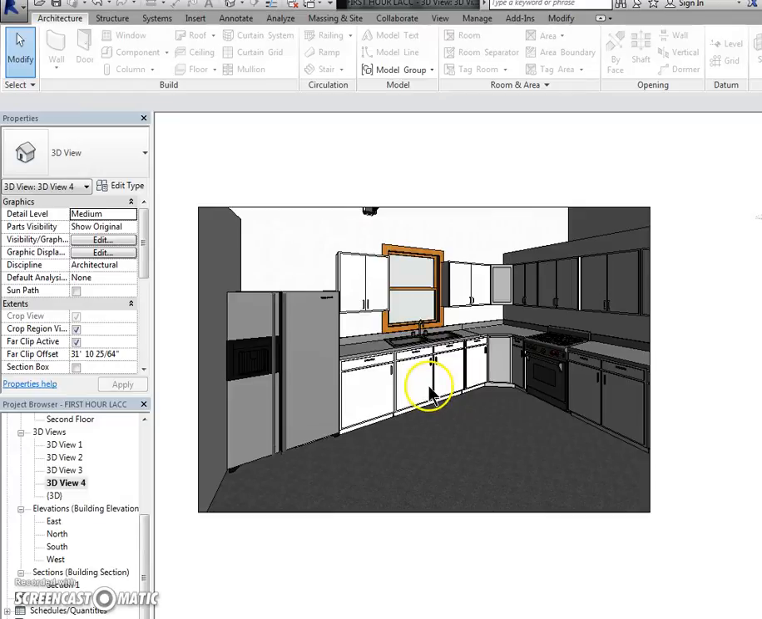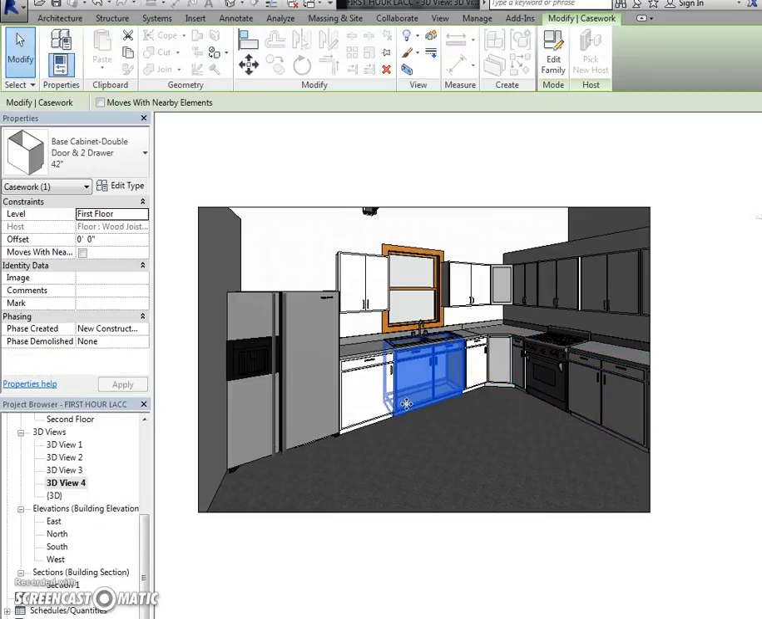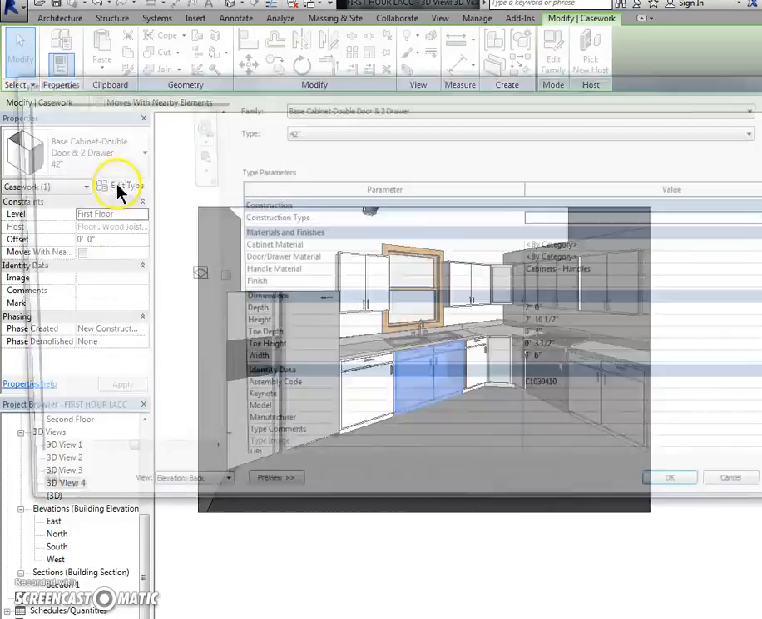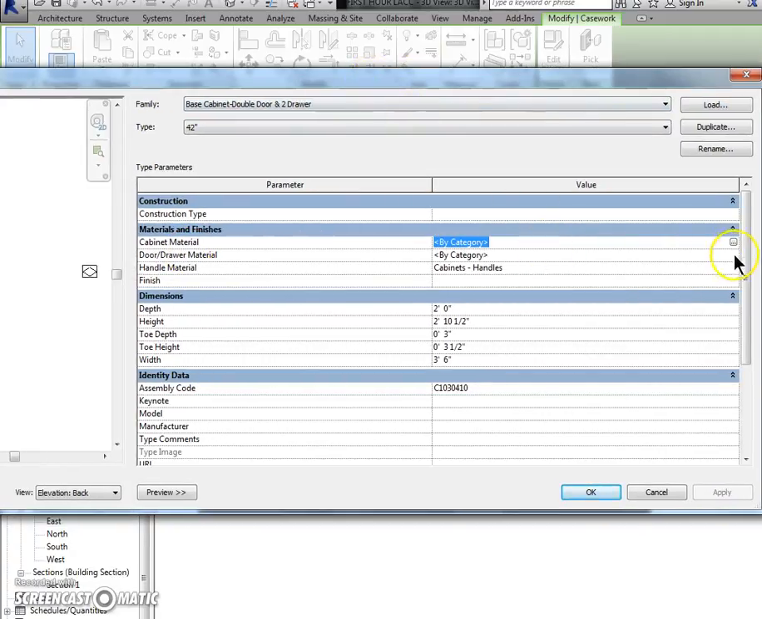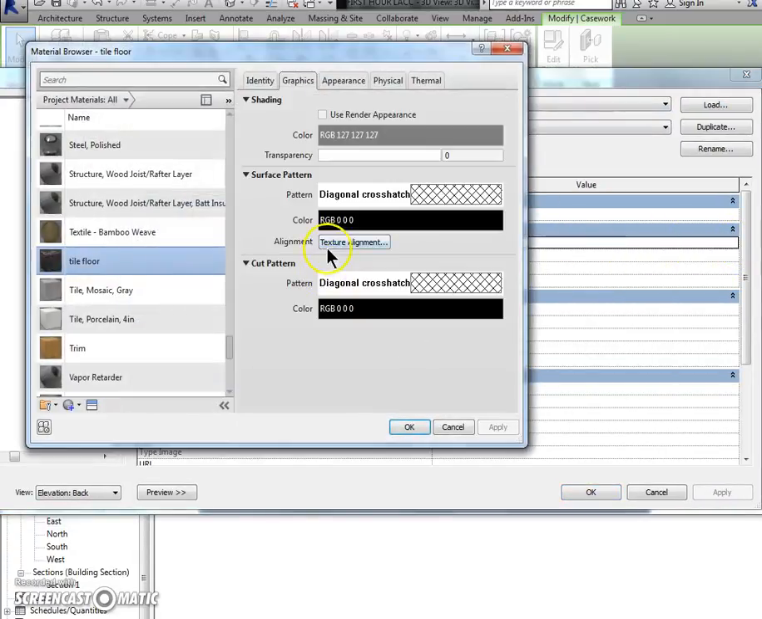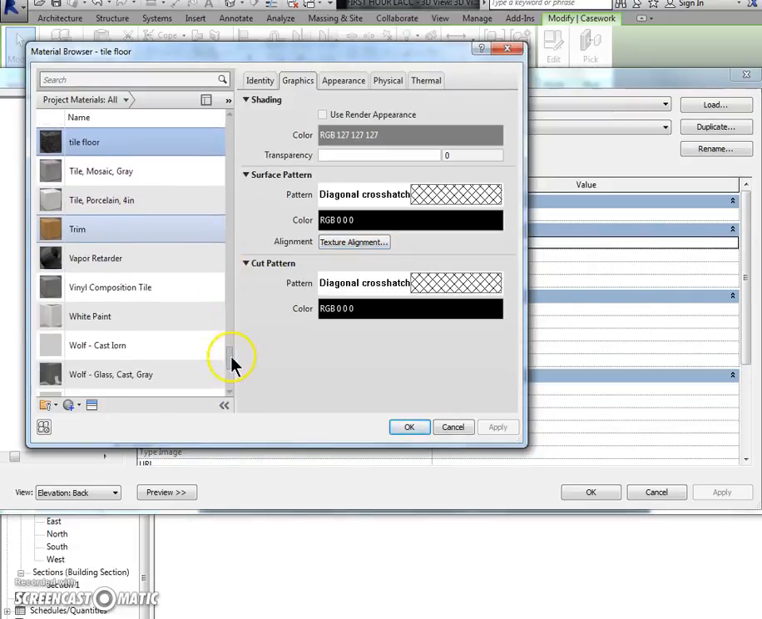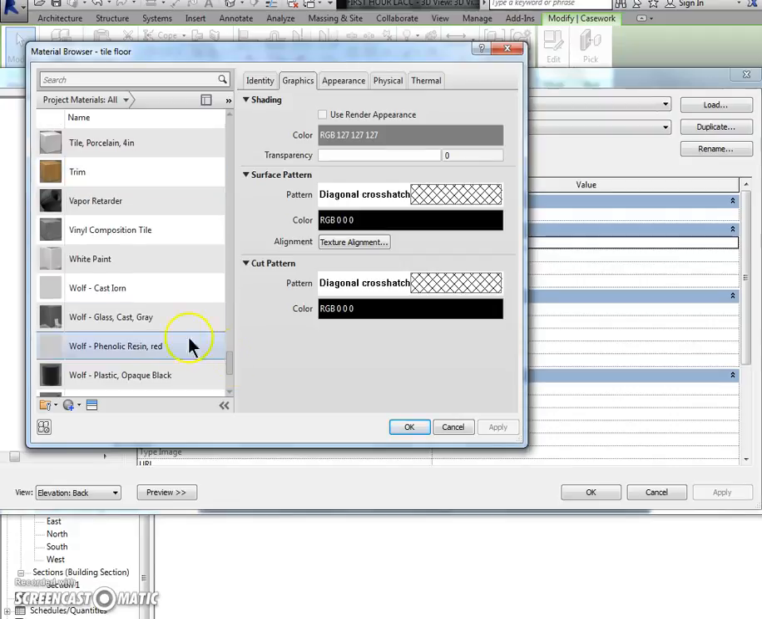Okay, how to change the color on all these ugly cabinets. Here's how you do this. If you click on one of them, you can click on the edit type button. You'll see here how you have cabinet material and door material. Okay, so I'm going to click on by category. Now, you can initially just pick whatever you want and change it, or if you want to paint it,